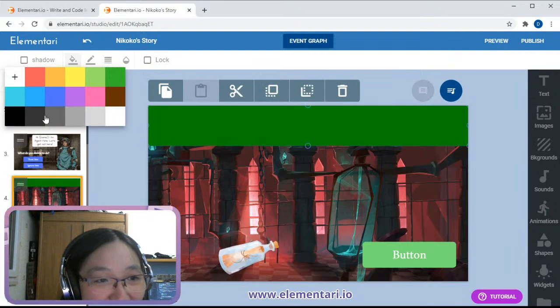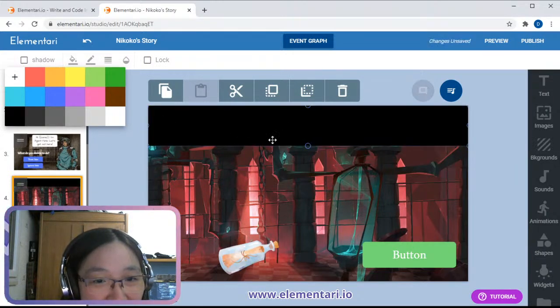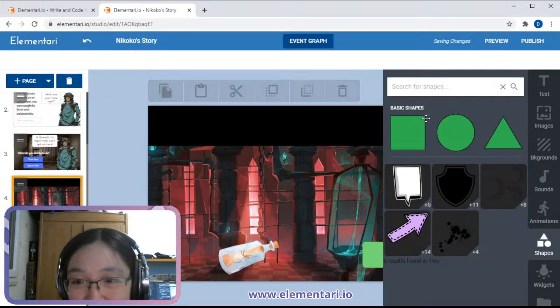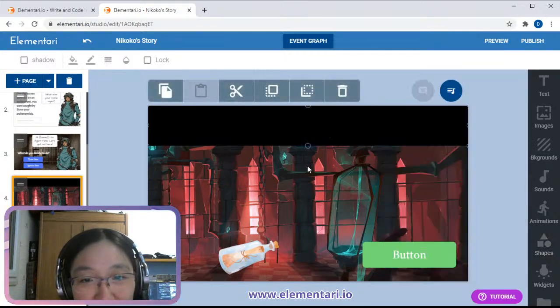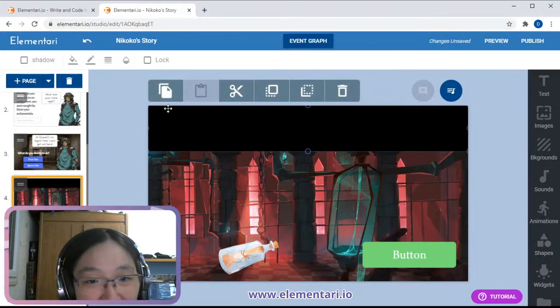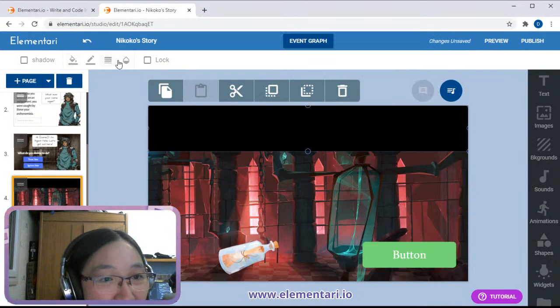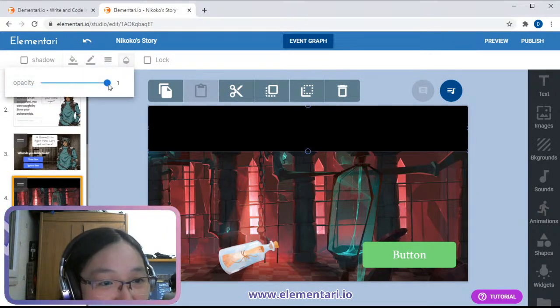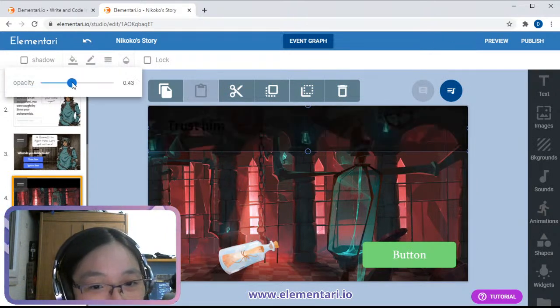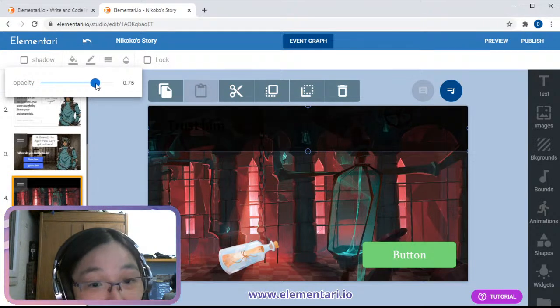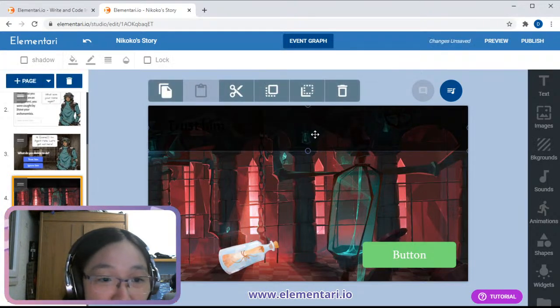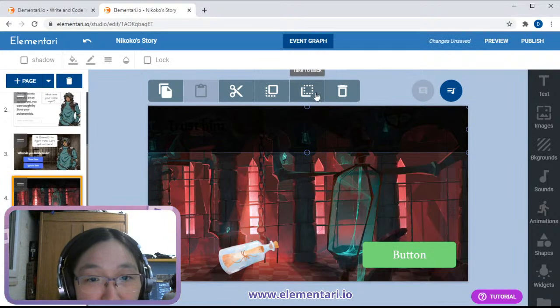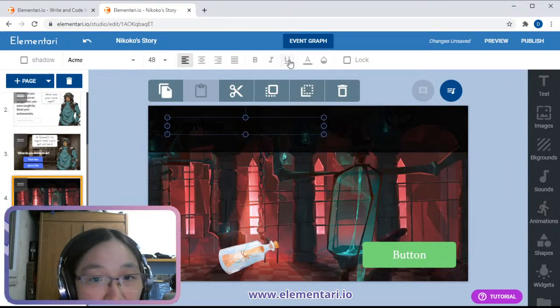You're wondering about how I do the things. Yeah, you just get a shape and you can make it bigger and smaller, like a rectangle. And then another cool thing is you have an opacity, so you can set the opacity. You can make it invisible, which is really good for hidden picture books. And take it to the back, and I'm gonna just change the font to, okay.